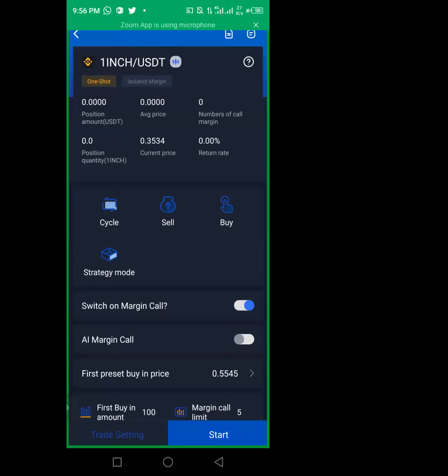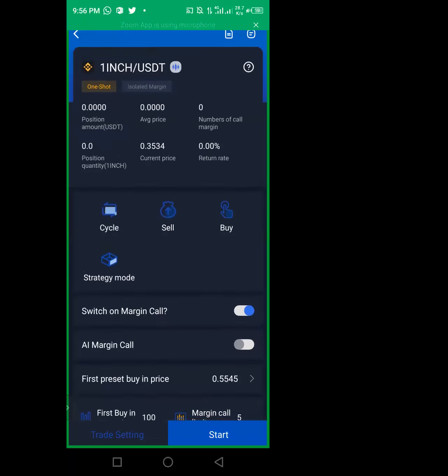If abnormal sales happen in your account 3 times in RoyalQ, your account will be deleted. RoyalQ wants that you don't touch the quantity that is trading, you don't touch it in your Binance. If you still want to buy 1 inch and you are trading it, you can go to Binance and buy the quantity. But anytime you want to touch that quantity you bought, you must come to this place and confirm,